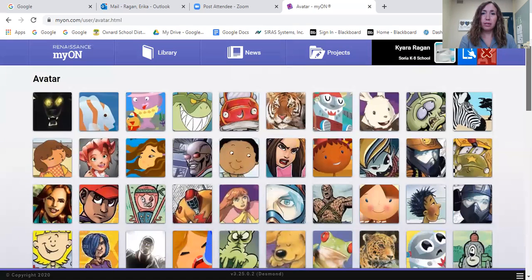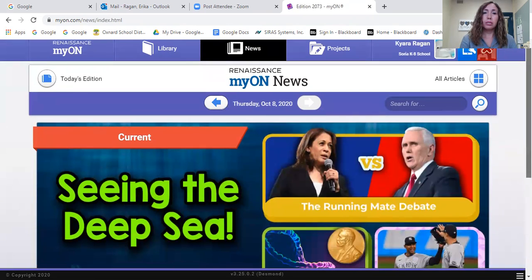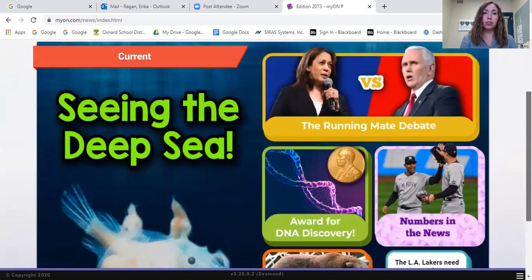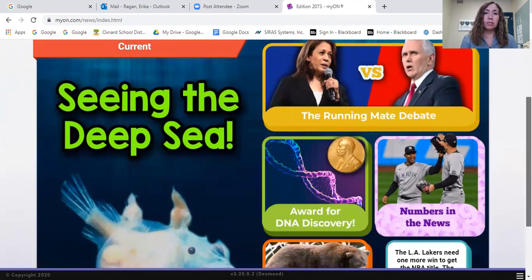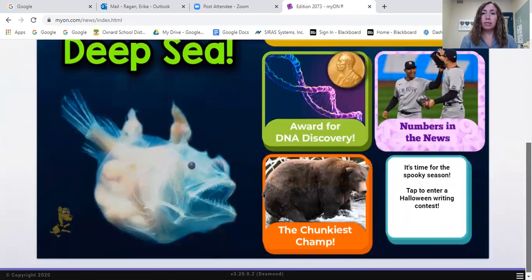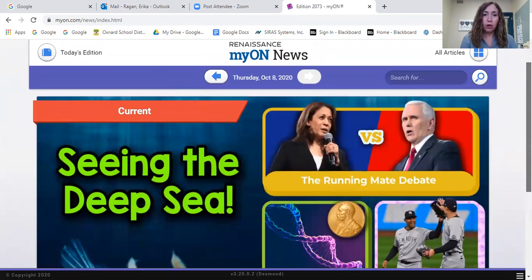One of the great things that I like about Myon is the Myon News. Up at the top, you'll see a couple of tabs. If you click on Myon News, you'll be able to see, for example, for today, Thursday, October 8th, a couple of pictures: the deep sea, the running mate debate, award for DNA discovery, numbers in the news, the chunkiest champ. Each picture is an article,